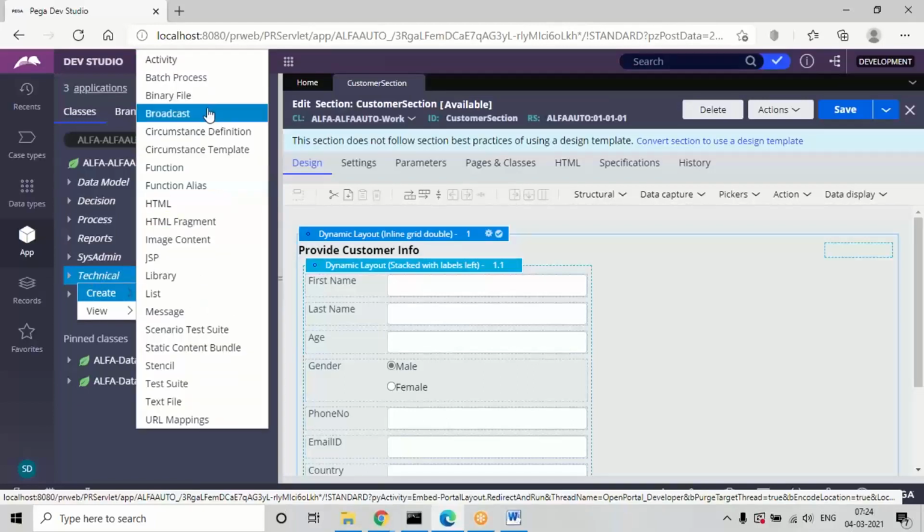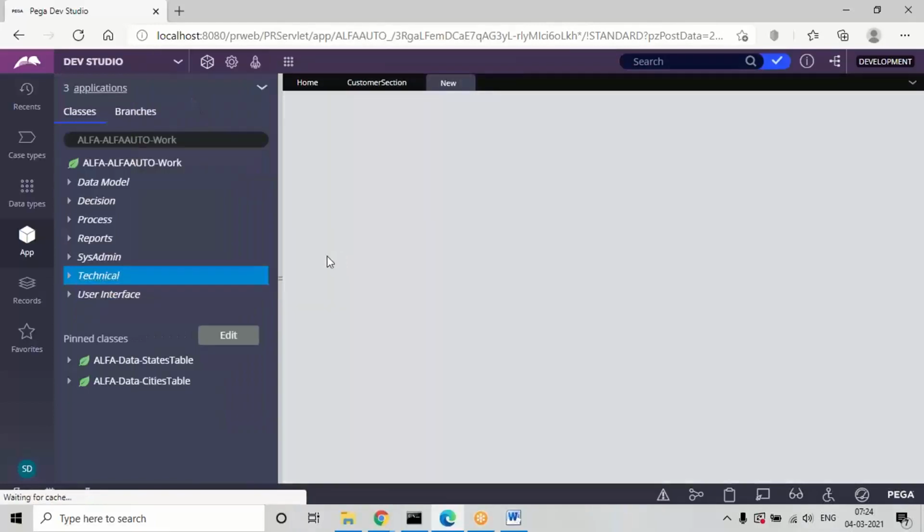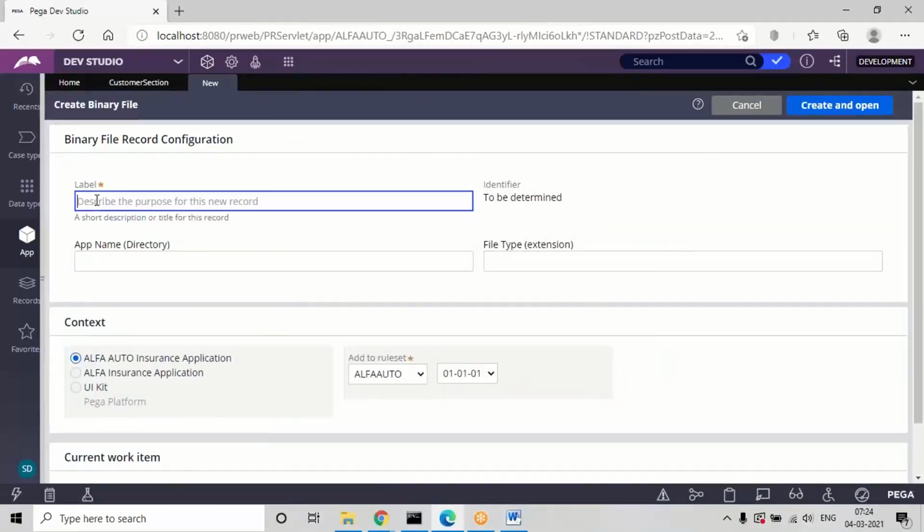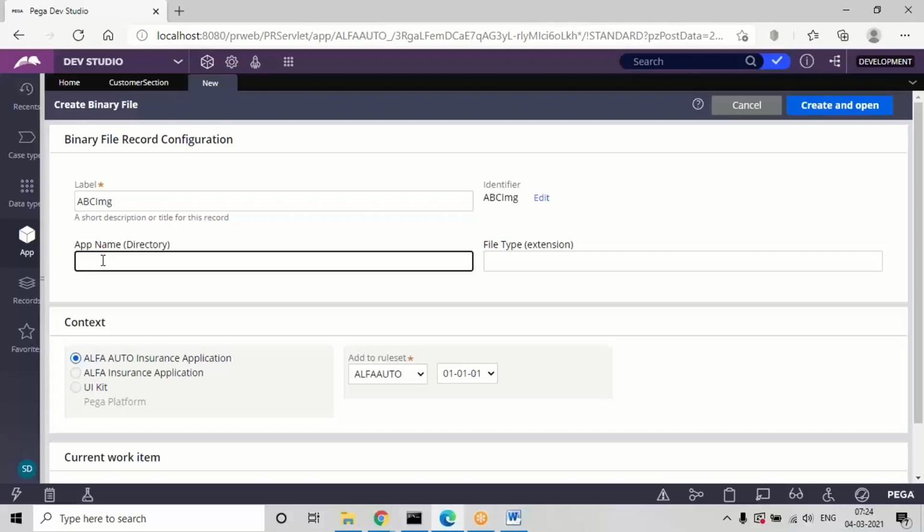So open this binary file, and here I'm going to give a name. You can give any name. And for the directory, for one application you can use the same directory name. Suppose it is one implementation, any images you load in that implementation, you can give the same directory name for all images within one application.